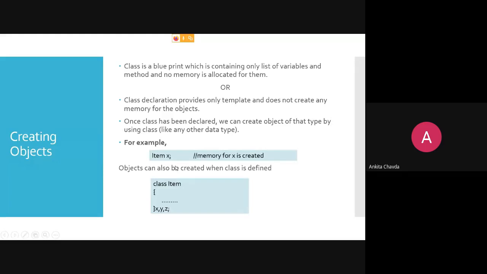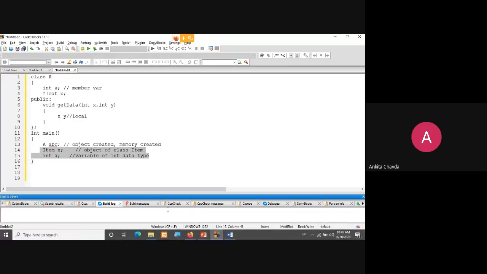You can even create the object just like your structure. Fine. In a structure, you used to create the structure variable like this: at the end of your structure and before the semicolon, you write the variables. The same way you can create your object.